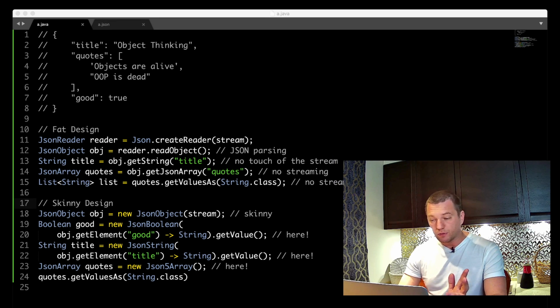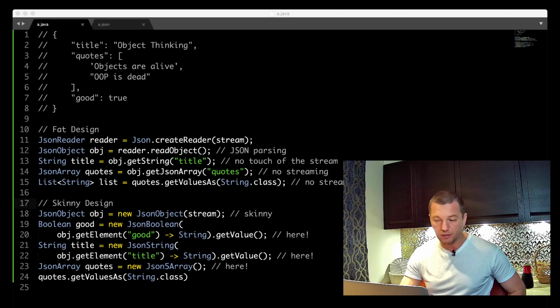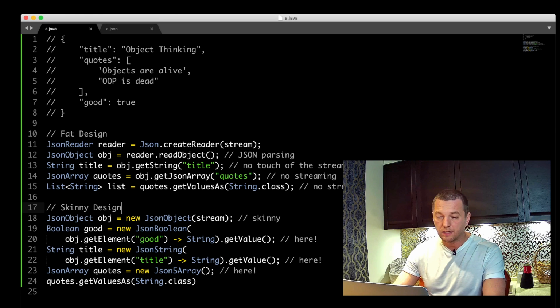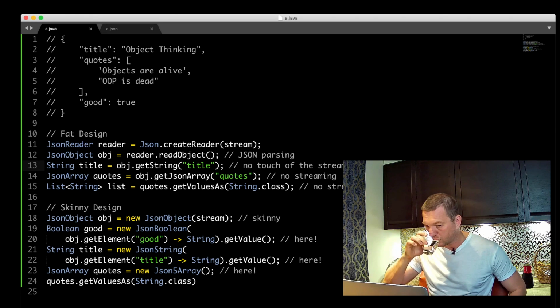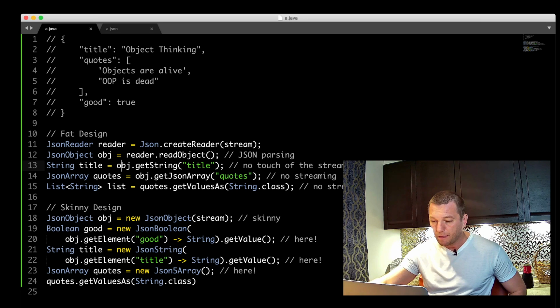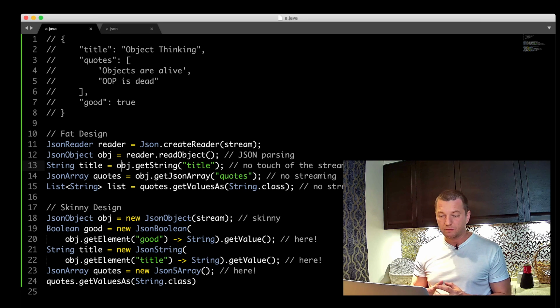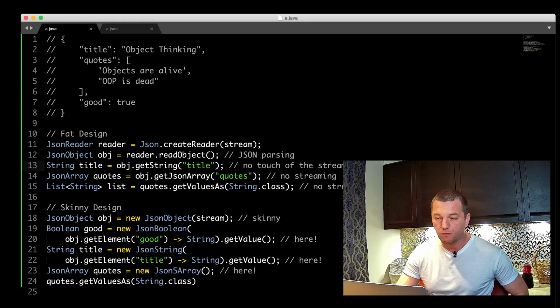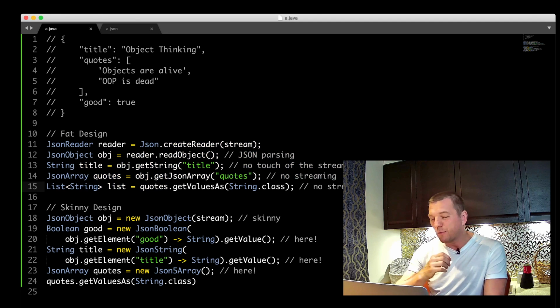And the last point, which I think is important as well, point number 4, is testability. If I want to test how this JSON works, let's say I'm a developer of this library, then maybe it's easier for the developer because the developer has access to all the internal elements and classes.